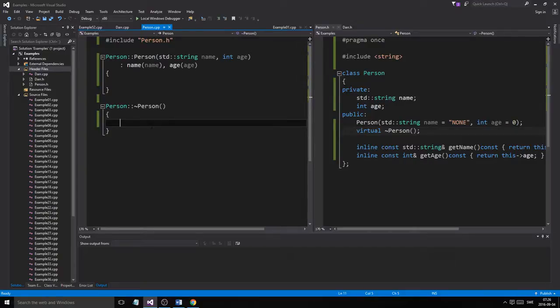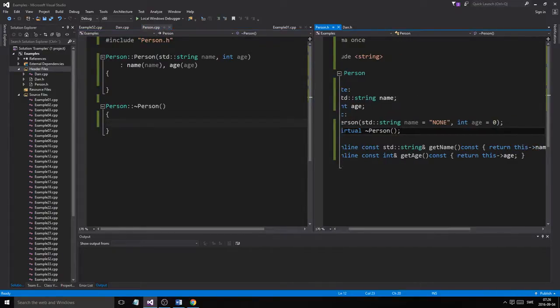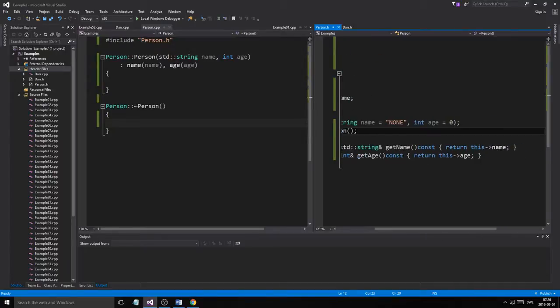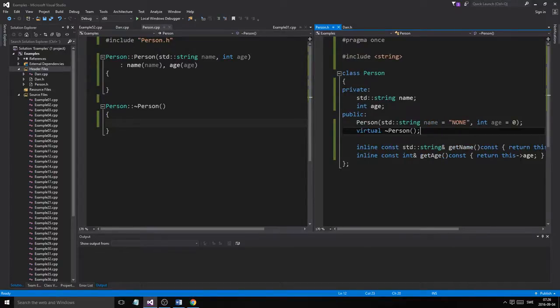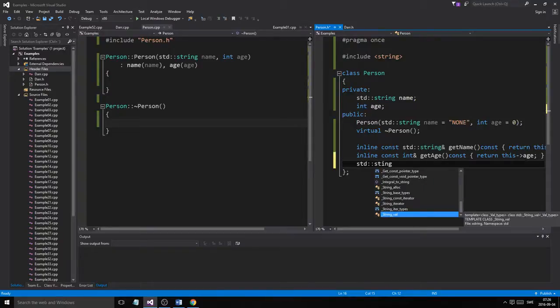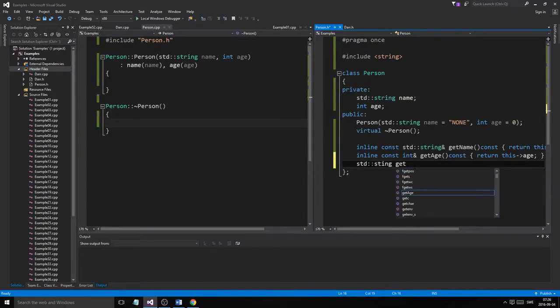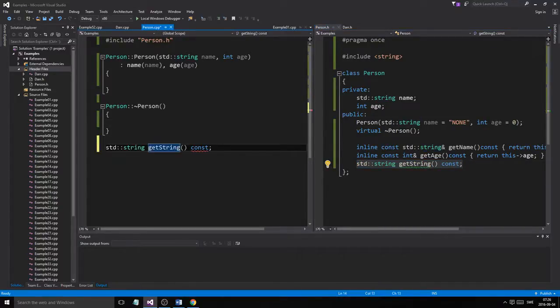We won't need the destructor for this. We already defined the inline versions of our getters in here to return the age and the stuff. And what we can do is we can do this inline, or we can just do a std string get string. Okay, const string, right? And what we'll do is we'll say person get string